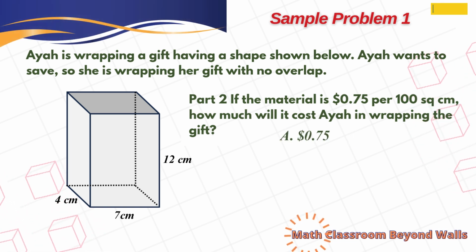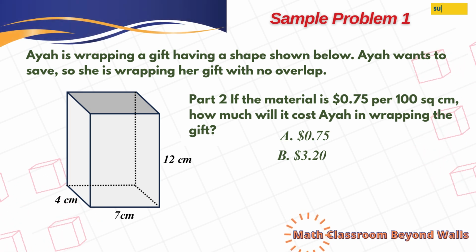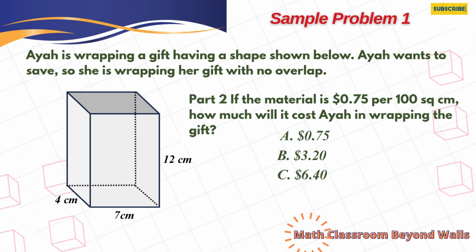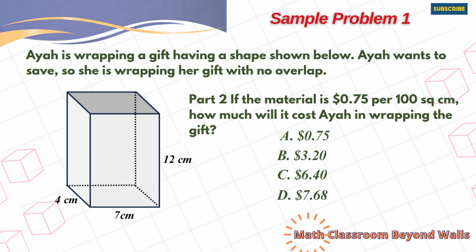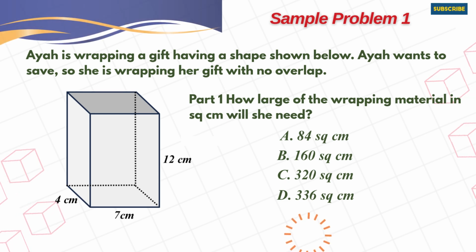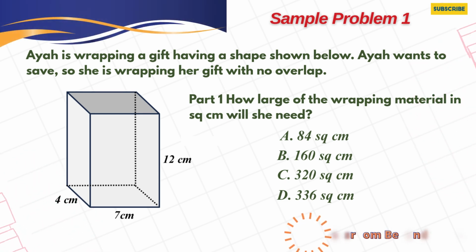Option A, 75 cents. Option B, $3.20. Option C, $6.40. Option D, $7.68. As usual, we begin by reading the whole problem and may read it several times when needed to know